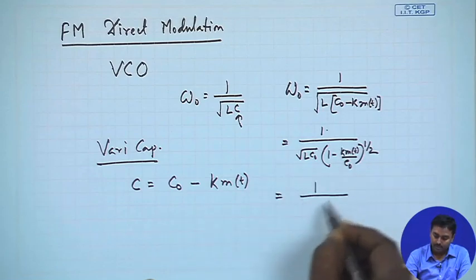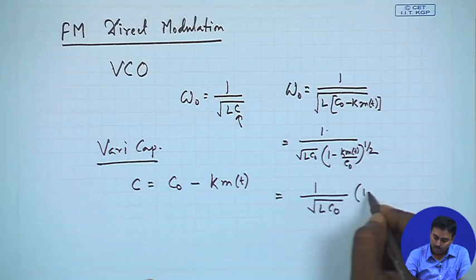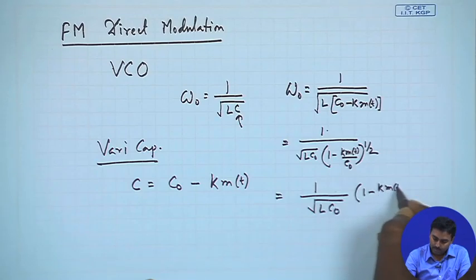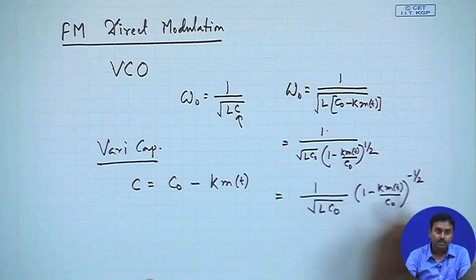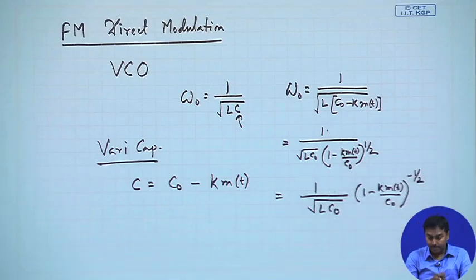Or I can write it as 1 by L C0 times 1 minus K mt divided by C0, whole to the power minus half. You know why I am writing this? Because